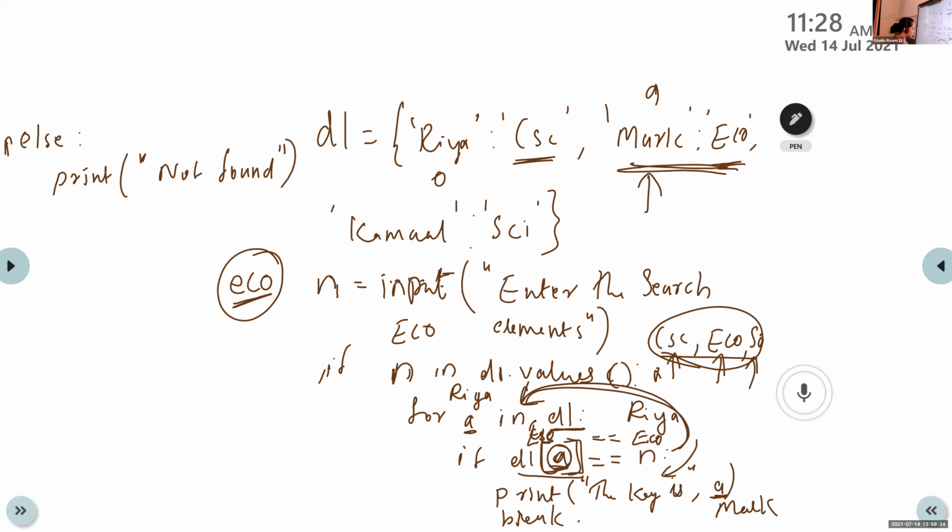Here we got one string value. Then we want to check irrespective of the case. D1 of A means it's a string value. That is the clue. D1 of A is a string value. Here also a string value. How can we check irrespective of the case? Any idea? Anyone?